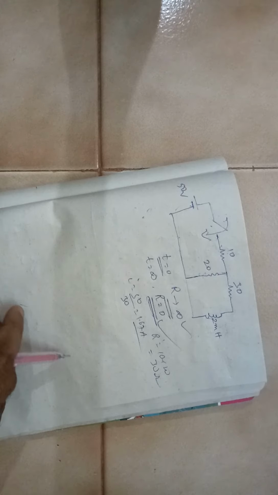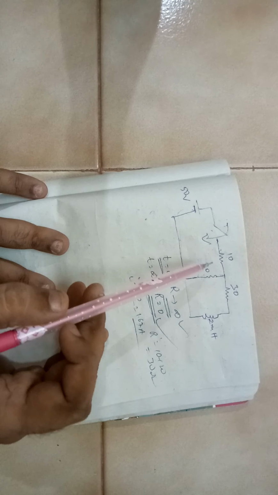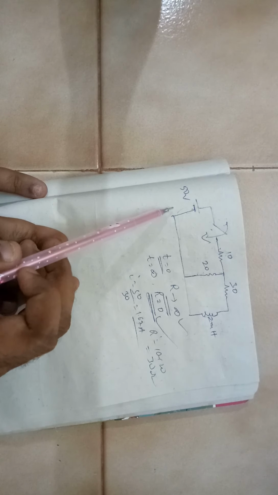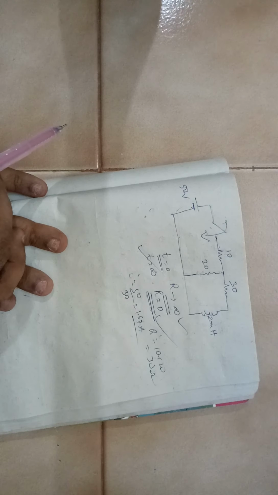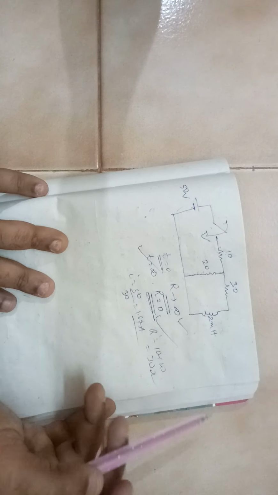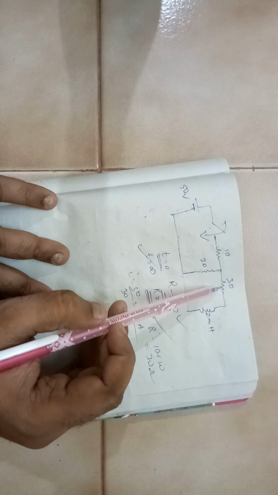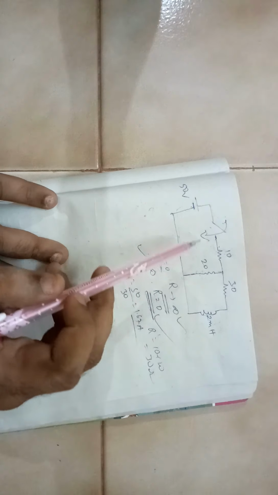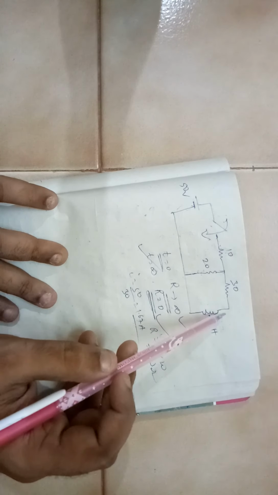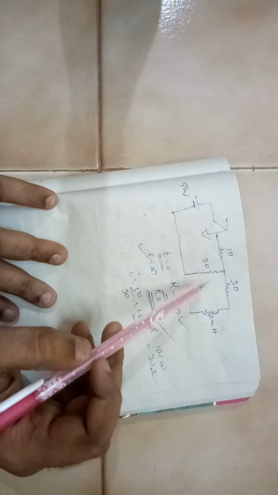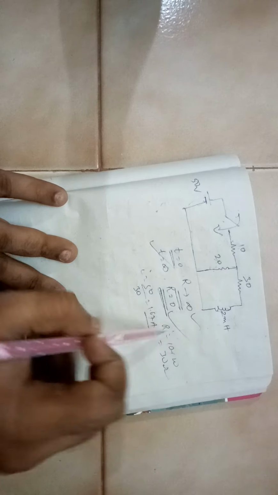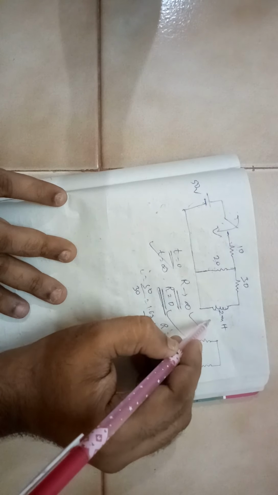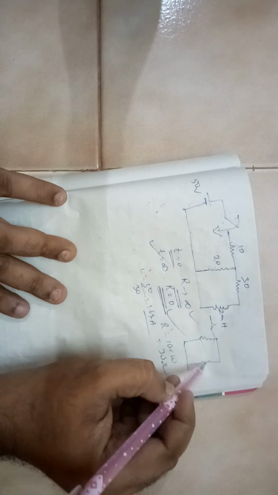Now second situation, you have closed the switch, and after a long time what happens? After a long time means it is the t is equal to infinity scenario. In the t is equal to 0 situation, there will be no current passing through this. The current will be passing only through this. At t is equal to infinity, this behaves like a wire. So what happens? These two will be in parallel. How? This diagram will be something like this. This is 20 and you have 30 like this, and you have this 10 like this. So these two will be in parallel.